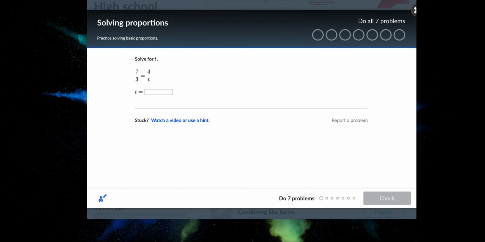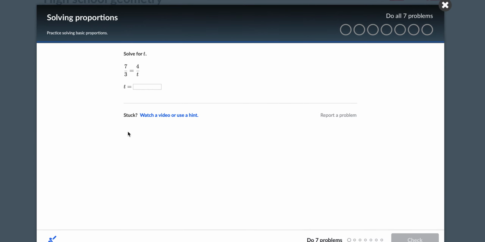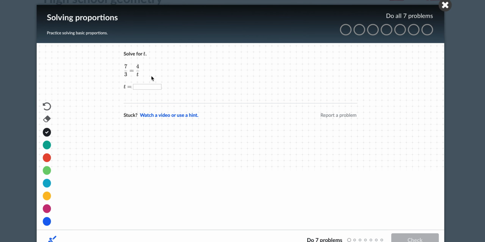Alright, so this is just a simple tutorial on how to solve proportions, which, interestingly enough, is in the geometry section. So we multiply both sides by t, because whenever it has t as either the numerator or the denominator, you need to get rid of it. So in this way, both t's cancel out, and now we have t multiplied by 7/3,